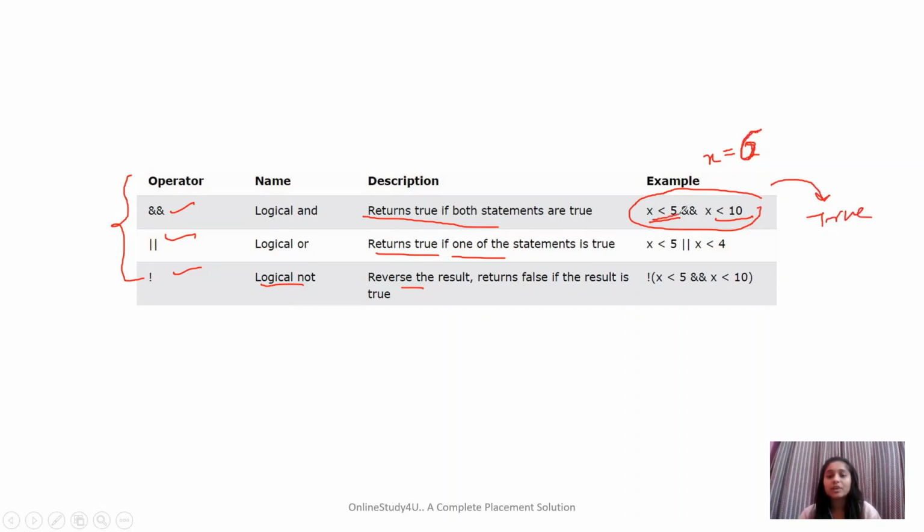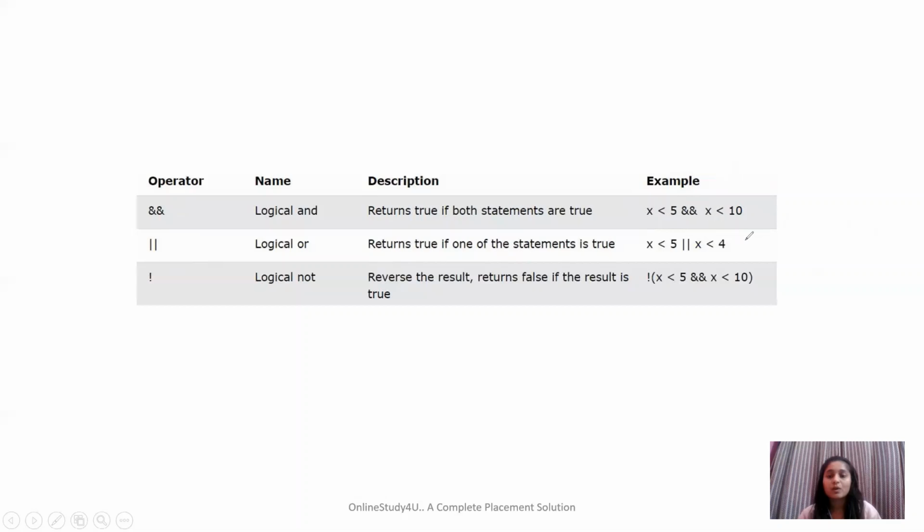Then x is less than 5 is false, but x is less than 10 is true. But since one of the expressions is false, the answer will be false, because in logical AND both expressions should return true. Secondly, we have logical OR, where one of the statements should be true.